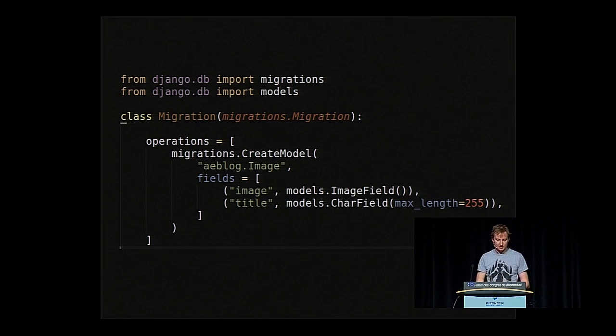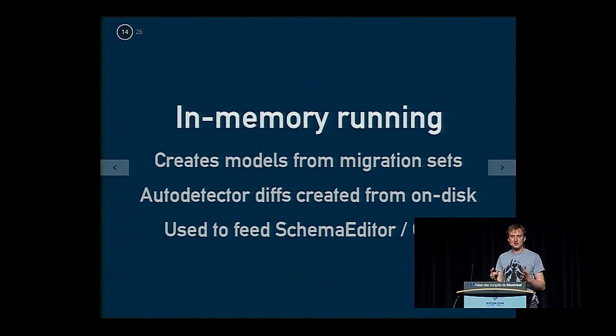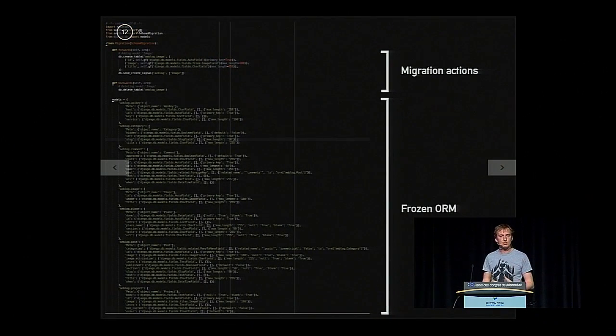But the nice thing here is that I can look at this migration in code as well as with just a text editor. I can see that this is creating a model. And you also notice that this is the full migration. There's no second half here. This is, I think, all seven or eight significant lines of code here. And the reason for that is that we have what's now called in-memory running. So the thing that made these long sort of pieces of frozen ORM before, that's now instead dynamically generated from